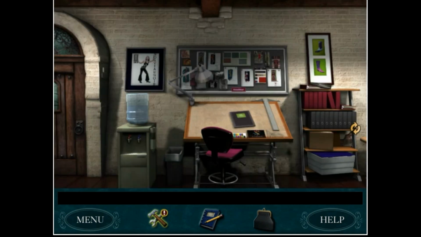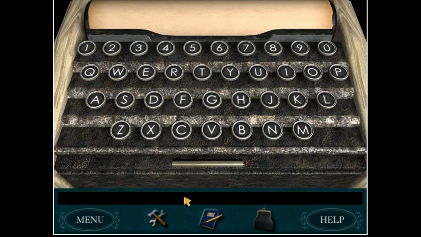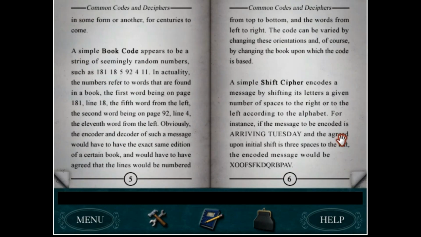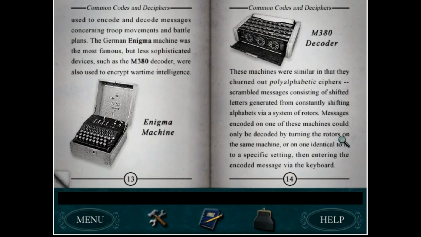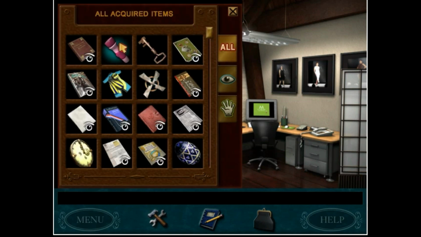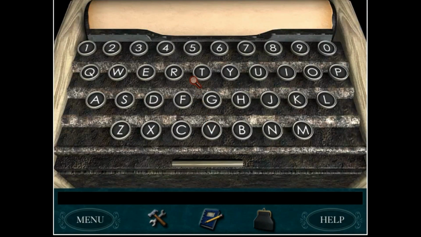All right, and we're now towards the end of the game. Okay, now what I need to do is look at this. But first I gotta read the decoder book. It's hard for me to make sense of this. I don't think I ever really figured it out in all the years of playing. But what I have to do with the decoder here...